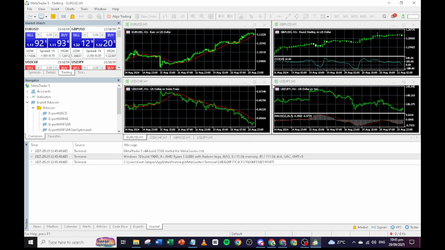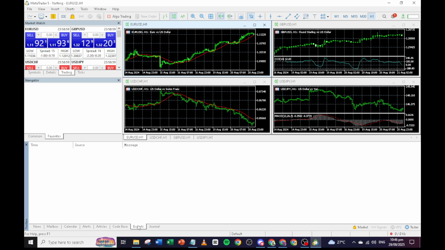Once the installation is complete, you'll be prompted to click Finish. Doing so will wrap up the installation process, and excitingly, MetaTrader 5 should automatically open right after the installation is completed. Congratulations! You have now installed MetaTrader 5 on your laptop. You're ready to start exploring the world of trading and technical chart analysis.